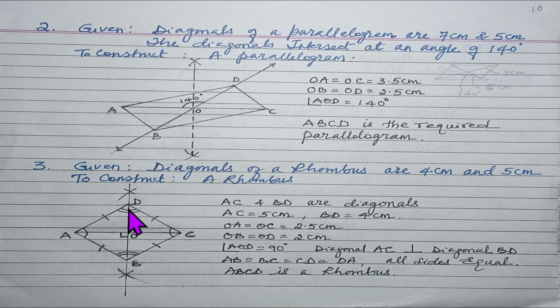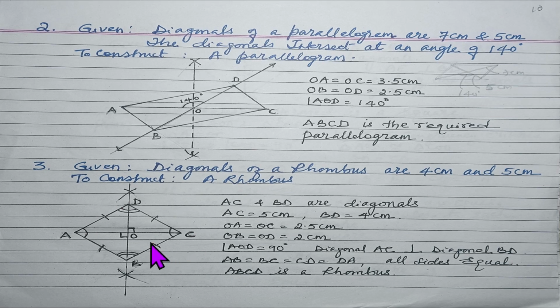So we locate the points B and D, then join AD, join AB, join BC, join CD to get the rhombus of the given two diagonals. That is AC is 5 centimeters and BD is 4 centimeters, and that is the construction. And you will find that all the four sides, that is AB, BC, CD and DA, are all equal. We can measure them and they are all equal, and that confirms